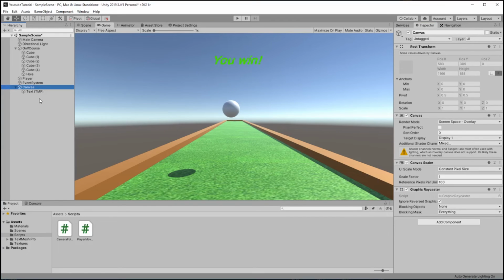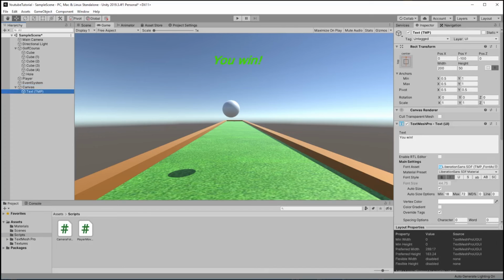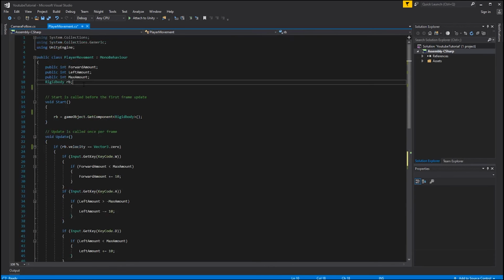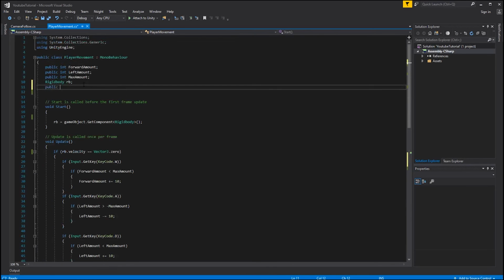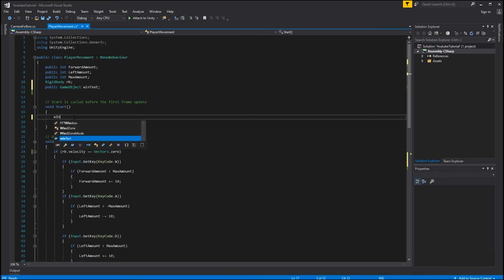After you are done doing this, you have to go to the script to add the public game object win text. In the start function, we are going to deactivate it, because we don't want to see it if you don't hit the hole. We are going to do this with the SetActive function.